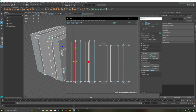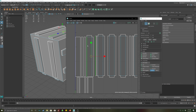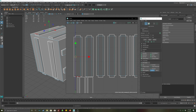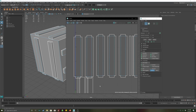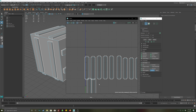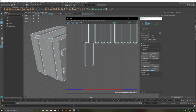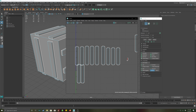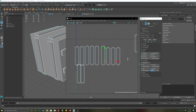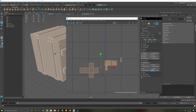And this is all in real time, so you should be able to do this fairly quickly. I mean, there's only 8 of those main boards there. So we're going to do that. Grab that one and that one. Okay, that's all of them except for this little guy right here. So I can select that edge, hit G, it'll go over there. Then I can grab all of these and go to arrange and layout,